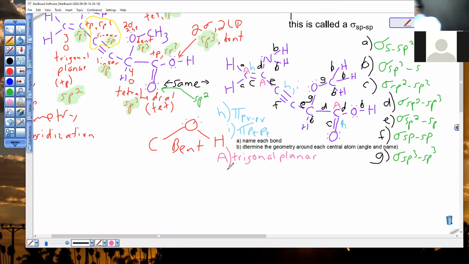So what about B? B is unique here. That's an sp3 atom with a lone pair. So normally sp3 is tetrahedral, but a lone pair makes that pyramidal. Oh, I think somebody's trying to tell me I forgot to give the angle. They were right. So pyramidal